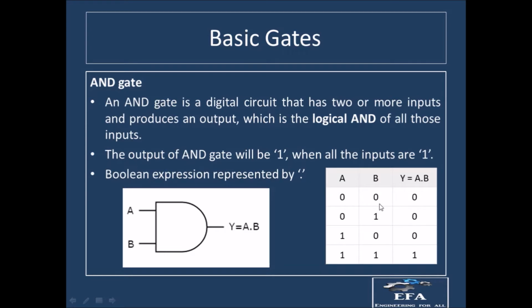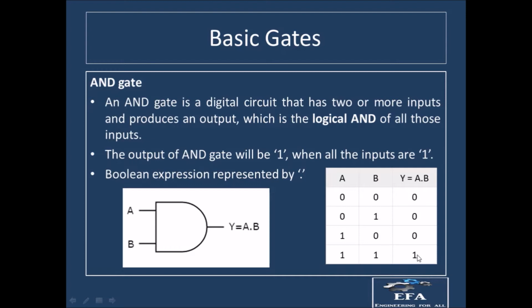Now wherever we are having either a 1 0 or both zeros, the output will be equal to 0. And wherever we are having both ones, the output at that place will be equal to 1. It means if you are having either 1 0 in any of the input lines, the output will be equal to 0. So all the inputs have to be 1 if you want to have the logic high, or the output equal to 1.